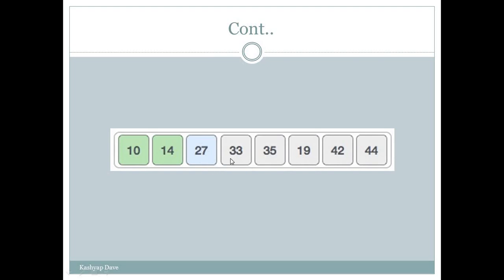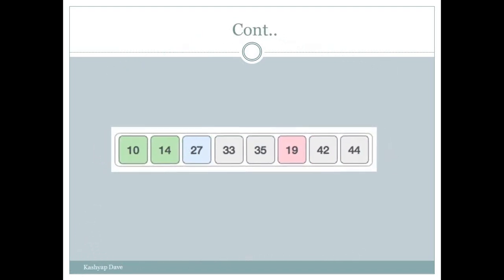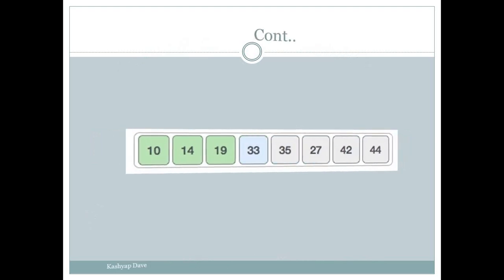So we will compare 27 with 33, 35, 19, 42 and 44. From this unsorted list we will find that our minimum number is 19. So what we will do, we will swap this 19 with this 27. So our next element in the sorted list will be 19.